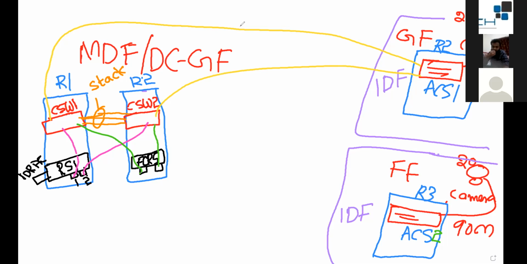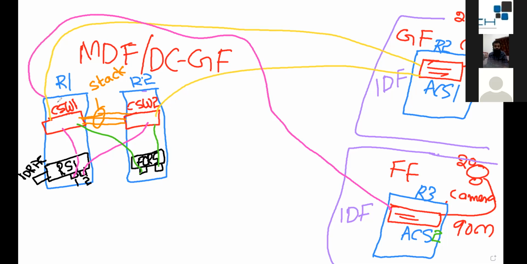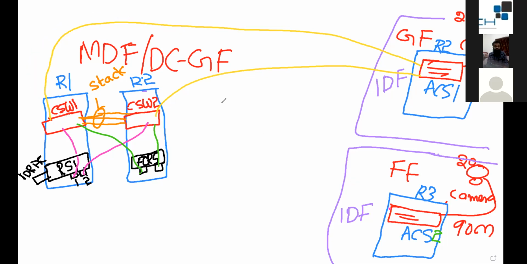The reason for two cables: if one cable goes down or one switch goes down, I have an alternate path. We always recommend a dual link between any device and any device. And the second link, from access switch 2 to the core switch, let's say I pull this cable to here.